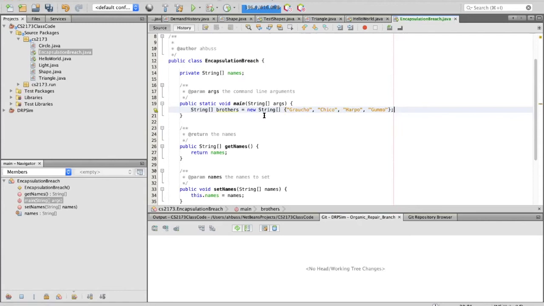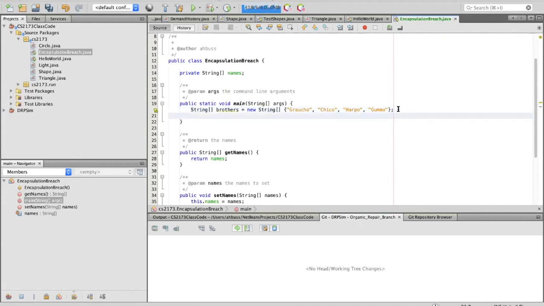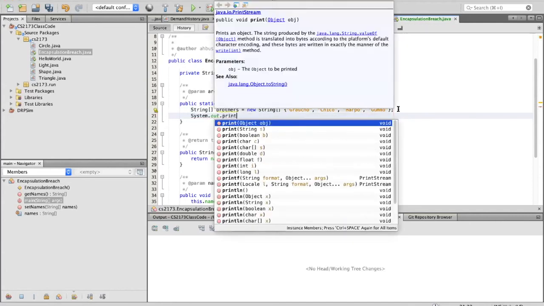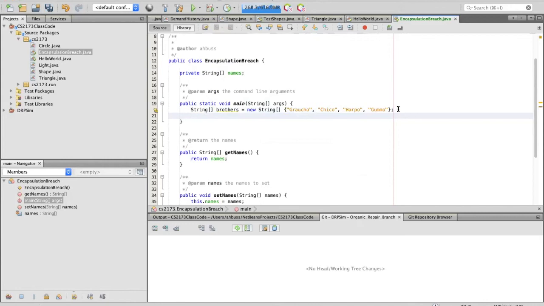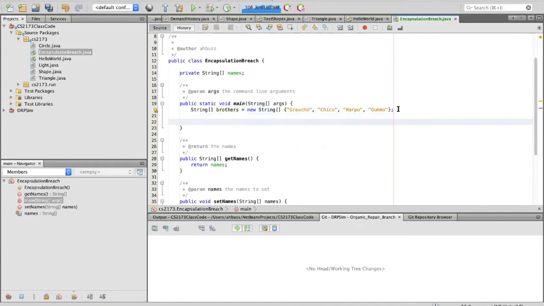So here I'm in main, and I'm creating an array of strings.